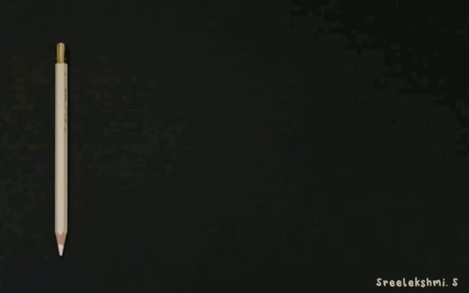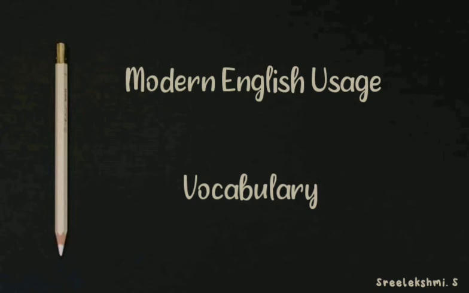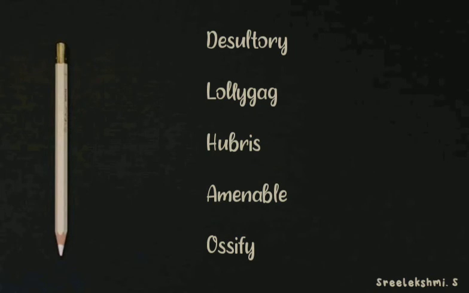Now we are moving on to the next section, that is vocabulary in the module Modern English Usage. Some words are given, you have to find the meaning of those words. It will be new information for you. Like that, you have to learn more vocabulary and include it in your active vocabulary so that you can use it in your daily life or in the future.